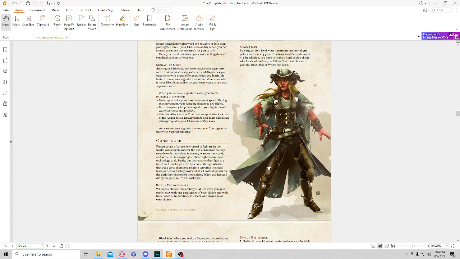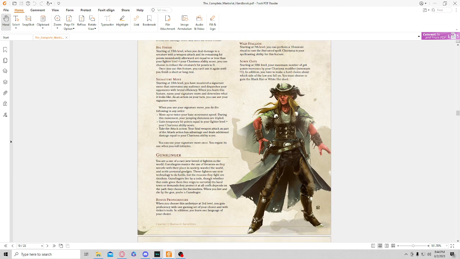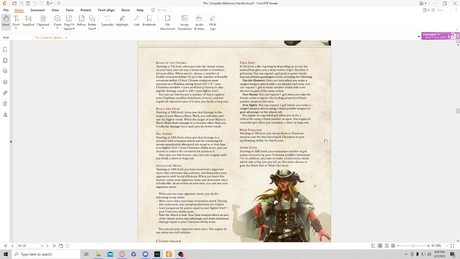Yep, finally, we got the Gunslinger. You gain proficiency with a gaming set of your choice and Tinker's Tools and learn one language of your choice. And at 3rd level, you also get True Grit. Oh, I'm sorry. So the best way I can describe the Gunslinger is a watered-down version of Matthew Mercer's Gunslinger, because he gets rid of all the tricks and cool things you can do and just kind of puts them into features. Which kind of sucks, so...